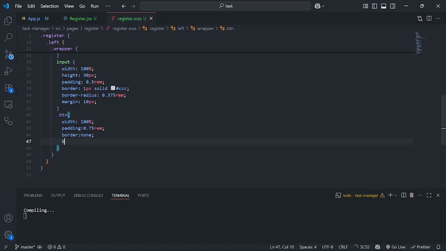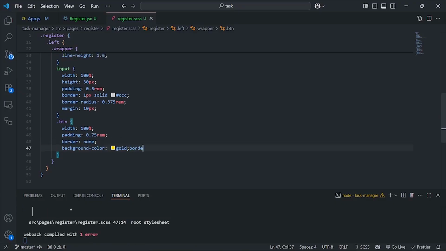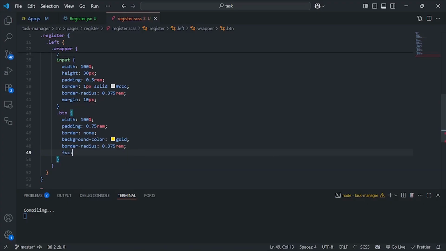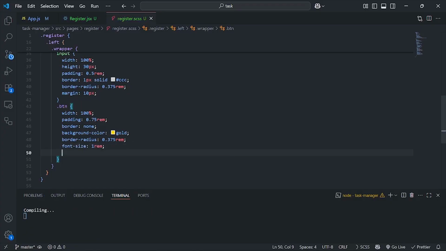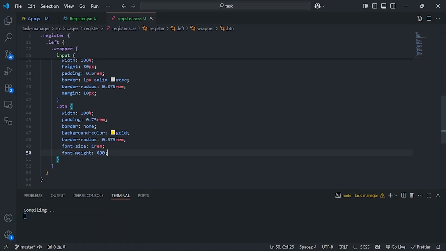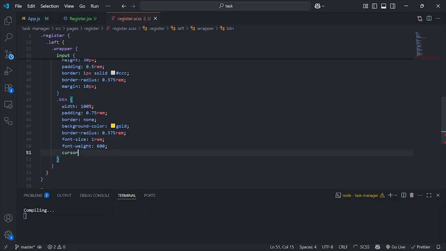Then let's give background color should be gold, and then we are going to have border radius of 0.375 rem. Then font size of 1 rem, and also we are going to give it a font weight of 600, and then cursor pointer